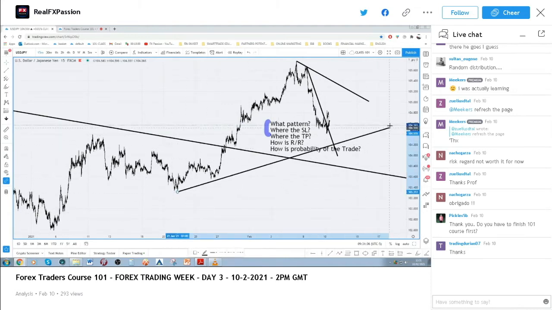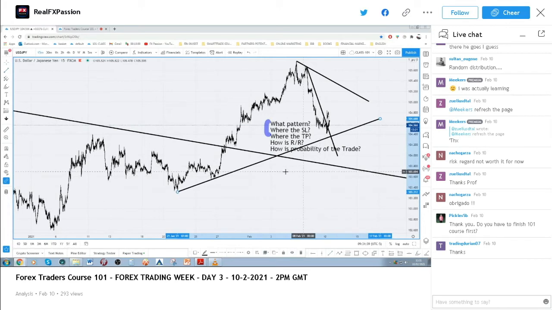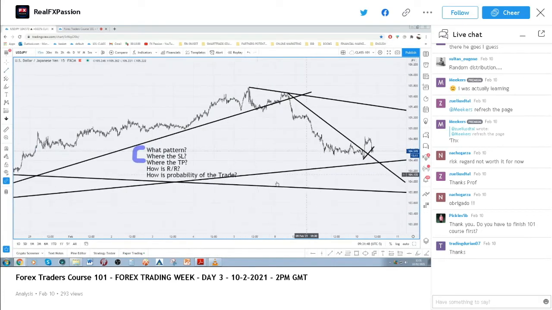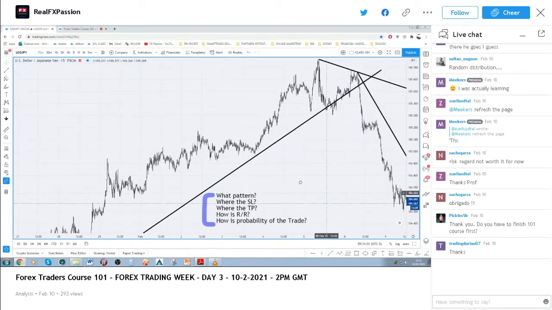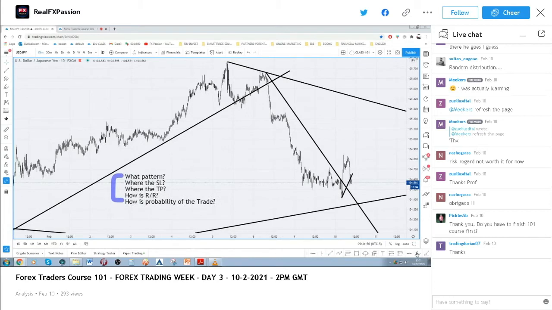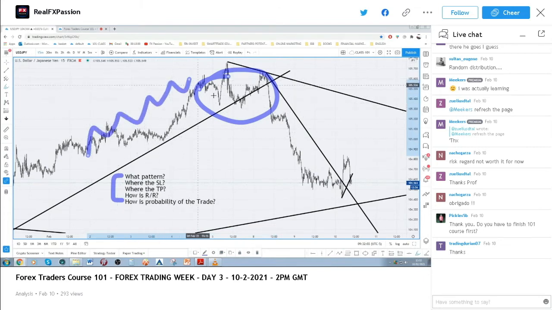So this is the uptrend line, and this is the medium-term trend line, something like this. Now, makers and everybody else, do we agree that the market broke the short-term uptrend line in here? The market was making higher highs, higher lows, and it broke the short-term uptrend line, and the market starts making lower lows, lower highs. Do we agree on that, everybody?